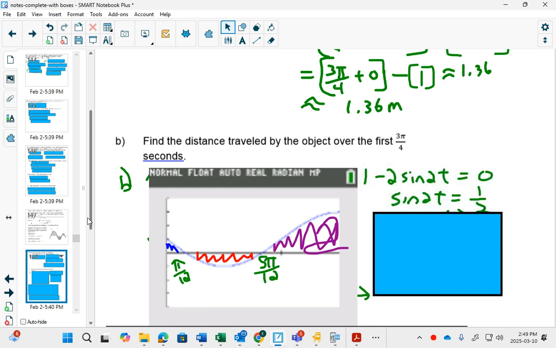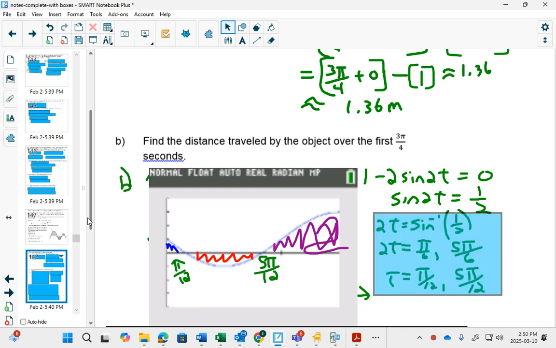If we were finding out where these 2 points are, pi over 12 and 5 pi over 12, if this was non-calculator, you would have to solve this equation. Find out where your x-intercepts are. Sine 2t equals 1/2. In my class, I call this a multi-revolution question. What you do is you solve for 2t,